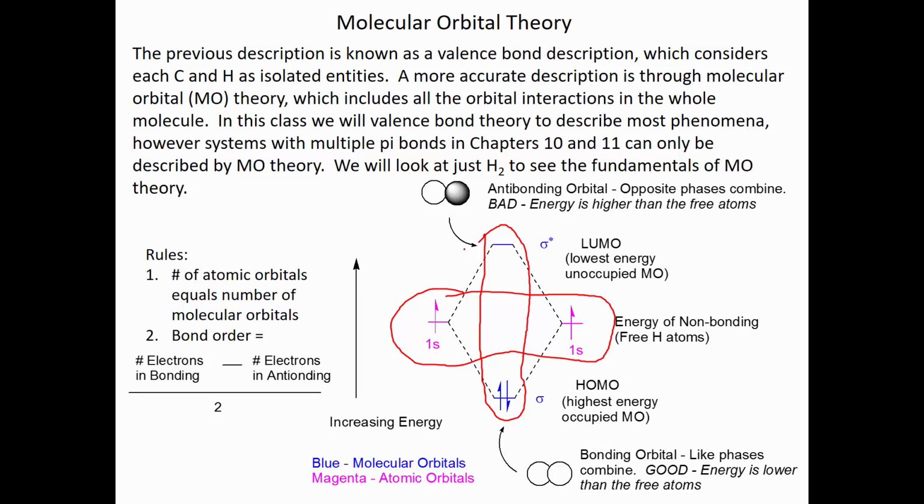The magenta is before these hydrogens find each other, and the blue is after they find each other, in the energy diagram. We're going to combine them in two possible ways. We're going to combine them in a bonding interaction where we combine the like phases, and this is good. The energy is lower than the free atoms. If we look at the net stabilization,